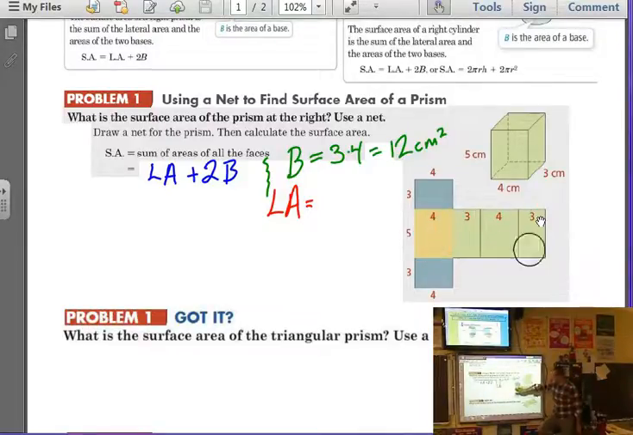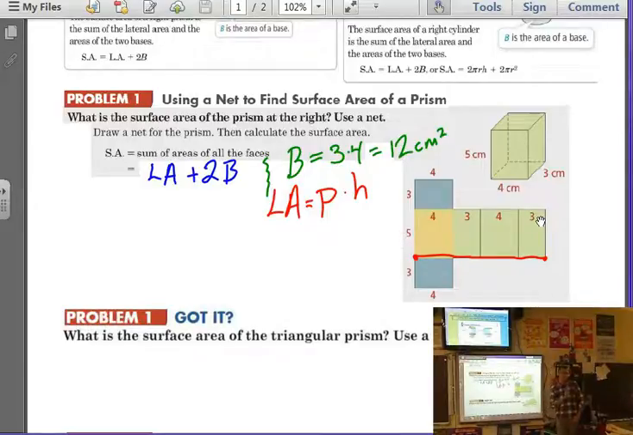But with using the formula, we look at it all as one big space. So which is more efficient? Using the formula. If you forget the formula, just do each face on its own, add them up. But if we know the formula, that's your perimeter times your height, because the perimeter goes all the way around the base,